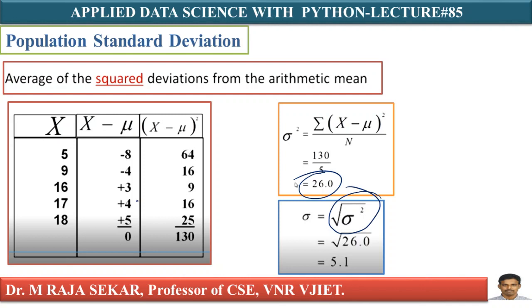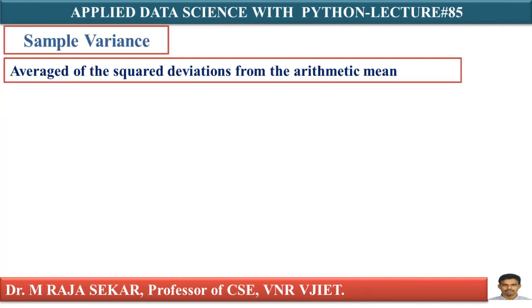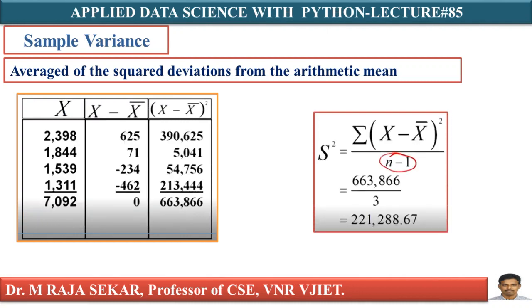Standard deviation has its own advantages compared to variance. We will discuss them in future data science classes. Let me proceed further. There is something called sample variance. Just observe this formula and compare this sample variance with your population variance. Here you must understand one important thing, that is n minus 1. Let me spend a few minutes on this concept.